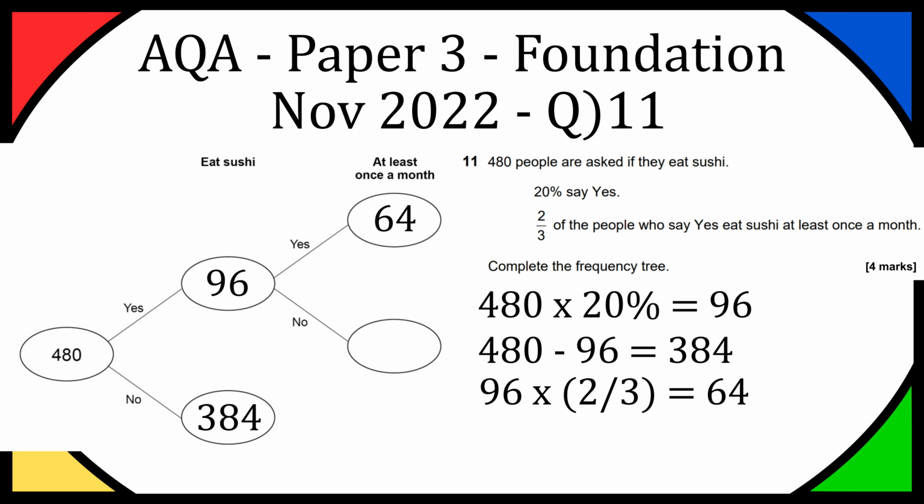So we've put 64 here because we know 64 of them said yes to this second question. And if we want to work out how many people said no, it's easy. We just work out the remainder like before. So we do 96 minus 64, and that's going to be equal to 32 people. So we just put 32 in the no section, and that's it. That's our final answer. We filled in the whole of the frequency tree, so that should get you all 4